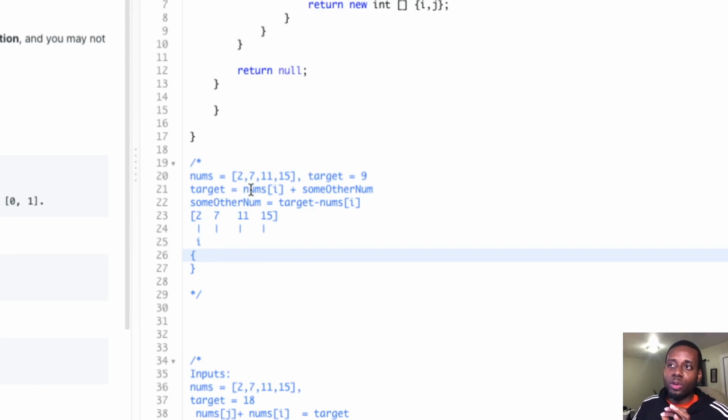So right now we would ask the map, do you have a 9? The target minus 2, which is 7. Do you have a 7 in there? No, you do not have a 7 in there. So since I do not have a 7 in there, I'm simply going to put